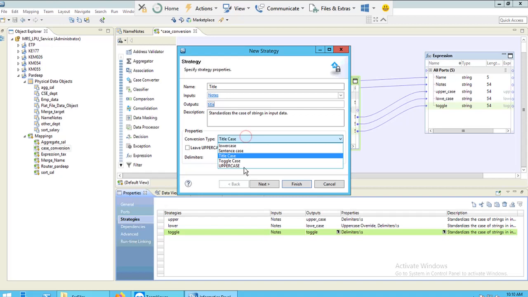You can see these are the 5 conversion types. So I am doing my 4th conversion type, that is title case. I am not selecting leave uppercase words unchanged, and my delimiter here will be space. You can finish.